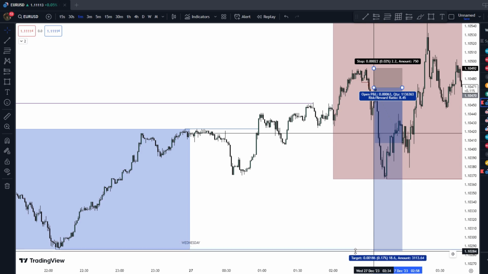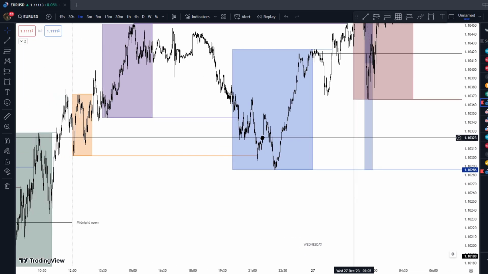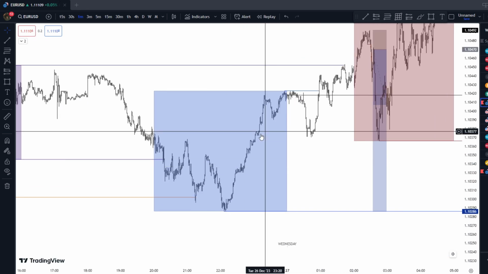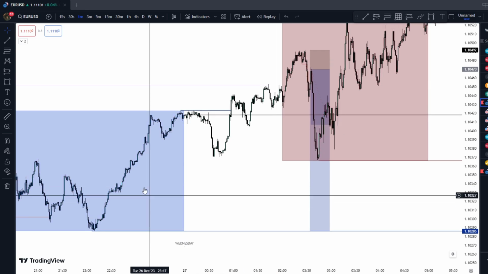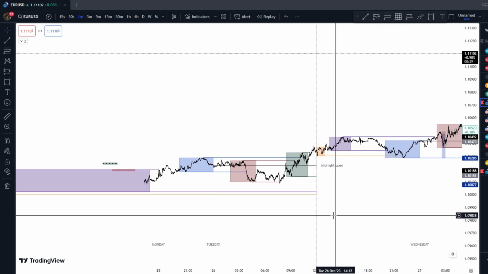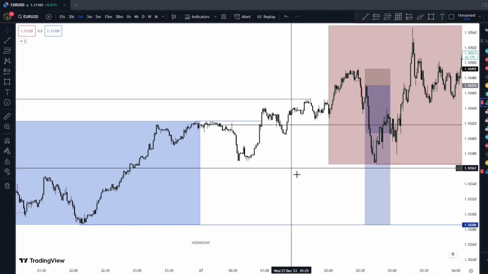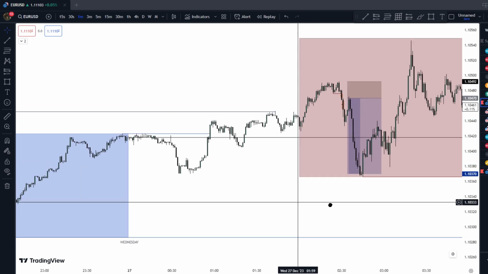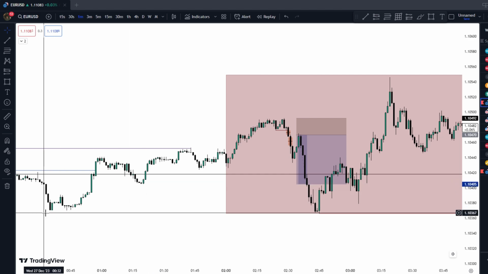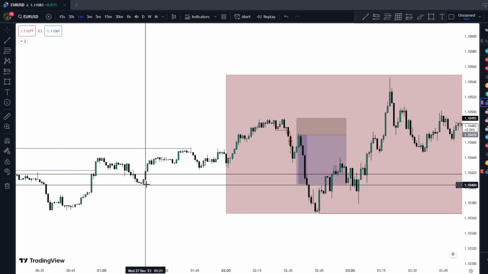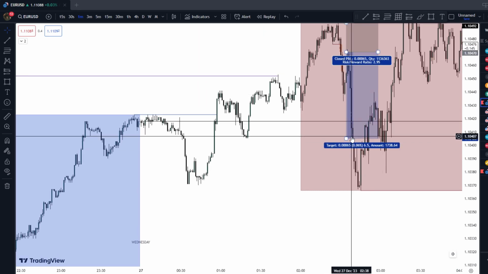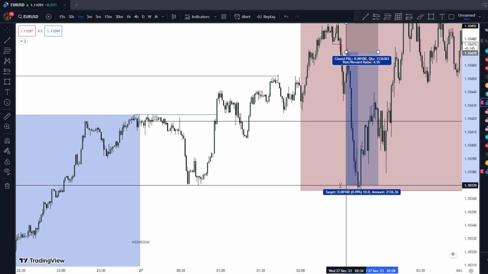We can target the Asian low, but not at this exact moment. Price most likely is not going to take out Asian low and continue going up, because price is bullish overall. So you need to target low hanging fruits this time. Target this low maybe. I would have targeted this, not even this. I wouldn't target this. This is the good target for me. Easy 1 to 3, or even easy 1 to 4.5.